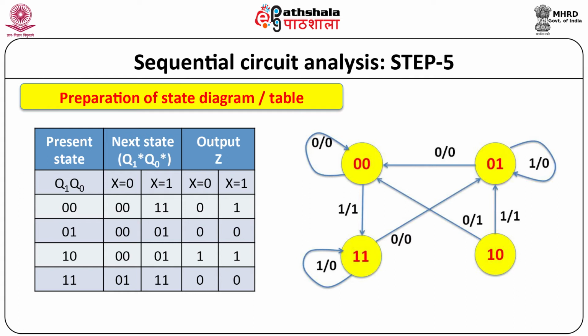Assign symbol to each binary coded state. Construct the state table. A sample state table is shown here. It consists of single present state column and 2 next state columns for each input condition along with outputs. This information about the states and their transitions is used to prepare the state diagram. The state table and state diagrams formally represent the behavior of the digital circuit.